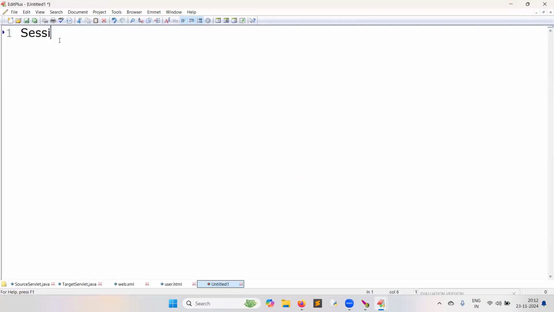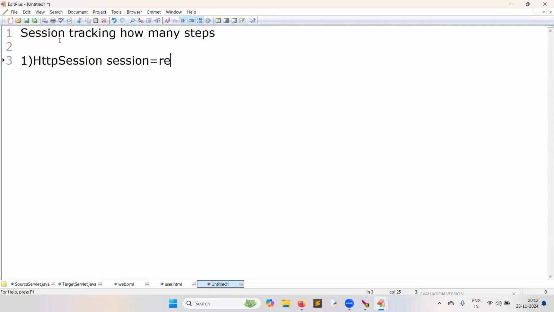Session tracking. How many steps? Three steps. HTTP session is equal to request dot get session. So session creation.